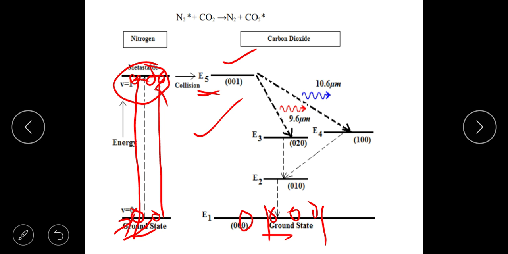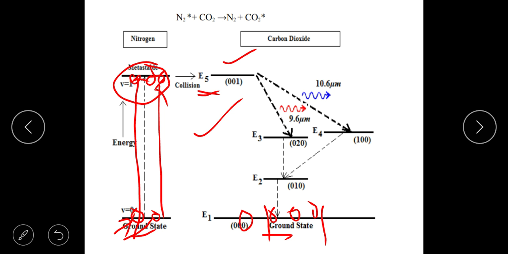Since there is a close coincidence with E5, which is one of the excited energy levels of one of the modes of CO2, they collide with the CO2. And one more thing,